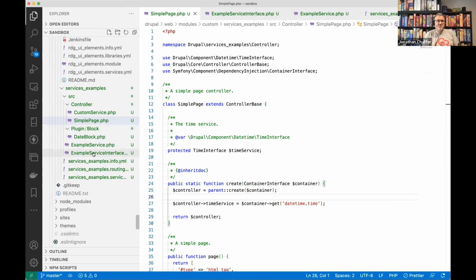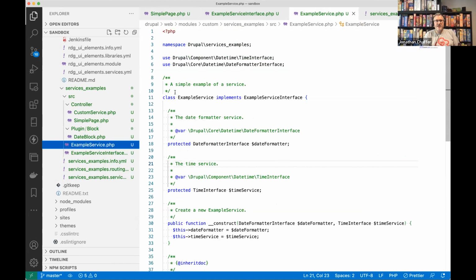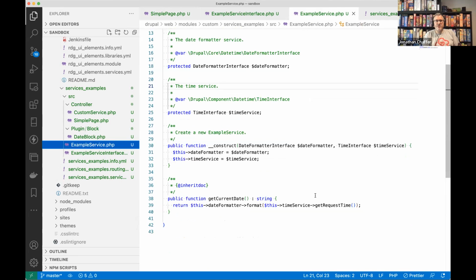For the purposes here, I'm defining an example service. What it's going to do is a slightly more sophisticated, in big air quotes, version of what we looked at before, which was getting the current request timestamp, but this time we're going to format it nicely for human consumption. So to do that,